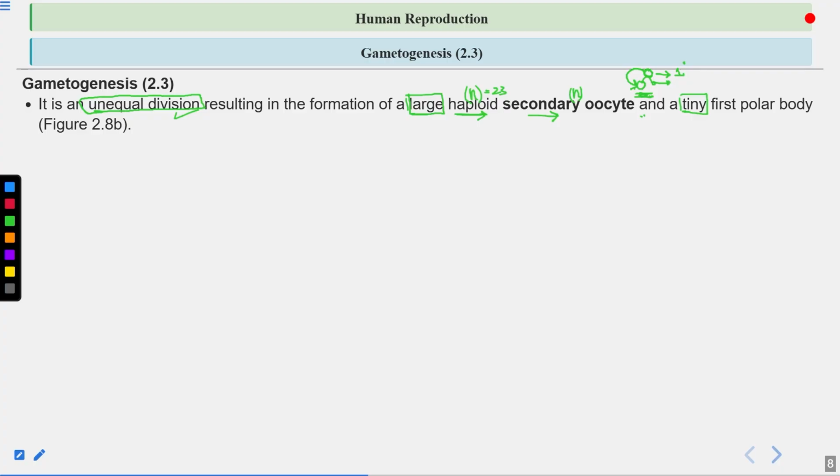So what happens? I'm repeating again. In the tertiary follicle, the primary oocyte is present, and at this stage, the primary oocyte will divide. So the tertiary follicle will contain the primary oocyte only. The secondary oocyte will not be present in the tertiary follicle. It will be present in the Graafian follicle, which is the next stage. So after the tertiary follicle, the Graafian follicle is present. The Graafian follicle consists of the secondary oocyte.